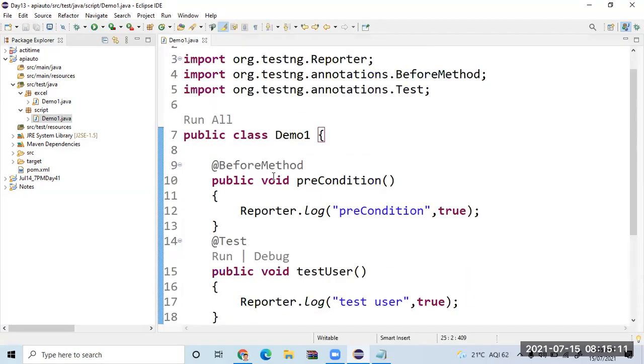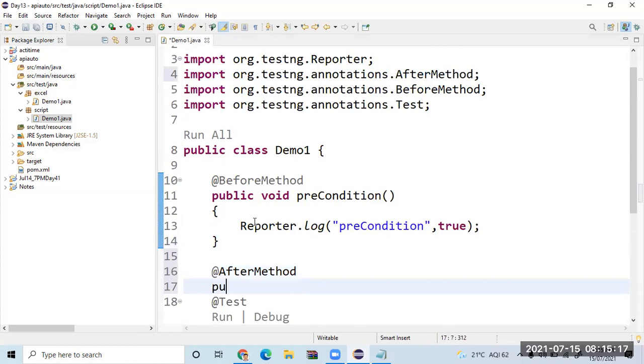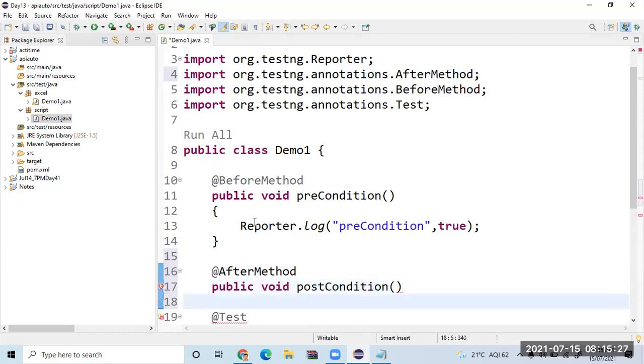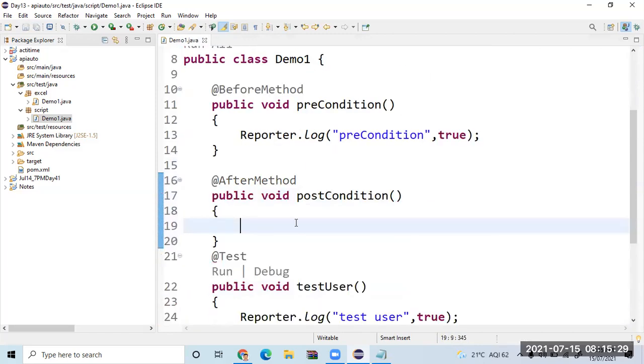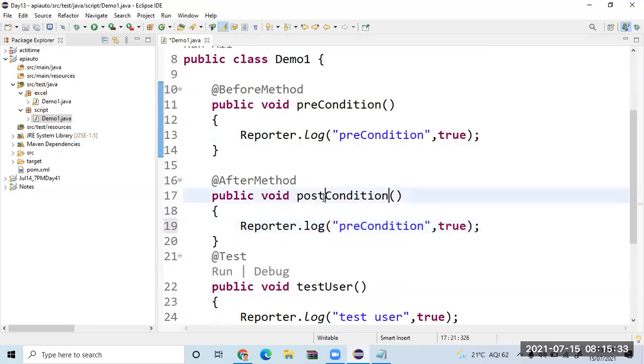Similar to that, I have another annotation, which is after method. Public void. So in this example, I will say postCondition. Here I'll just copy this and paste.